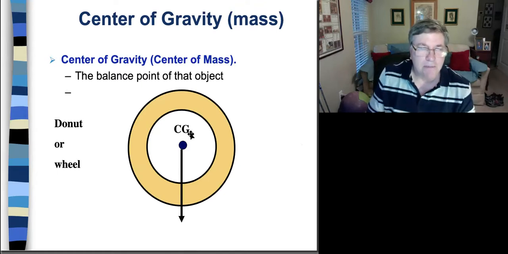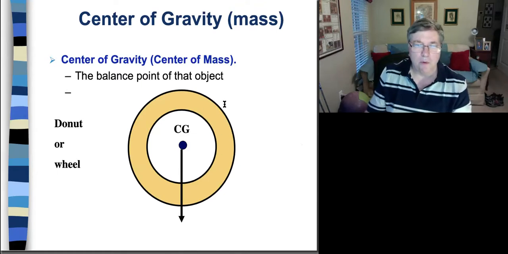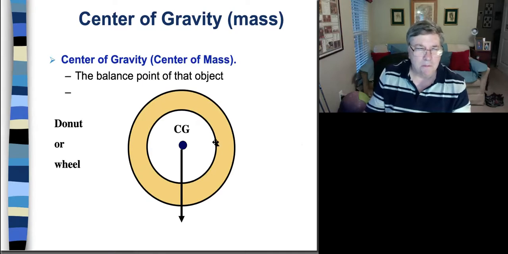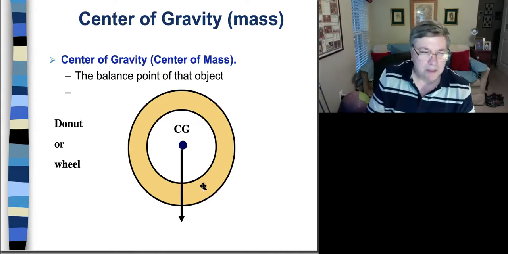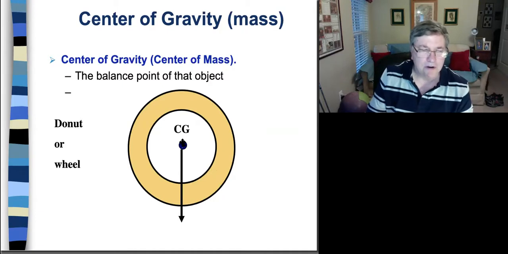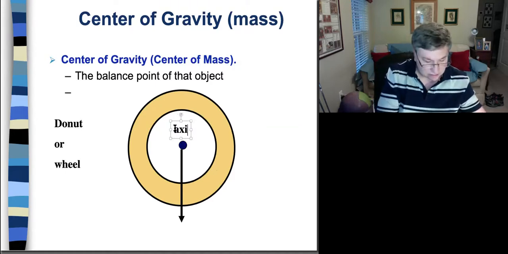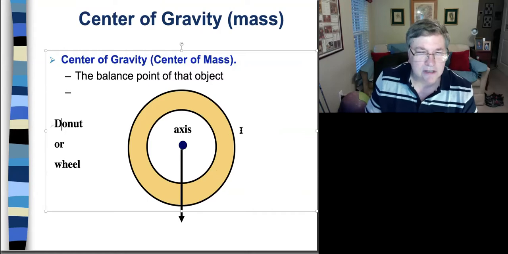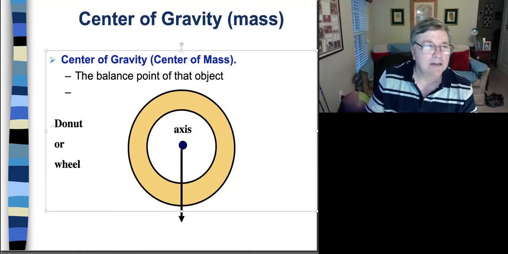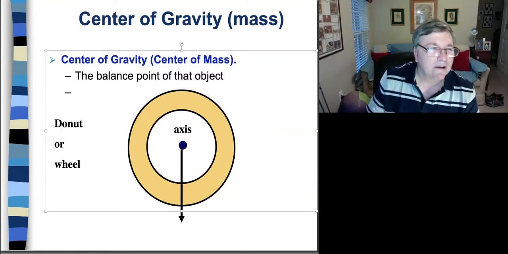So for example, if you think about a donut or a wheel, most of the mass is away from the middle, which is the center of gravity. So this mass is distributed far away from this axis of rotation. In fact, I'm just going to call this an axis right here. The axis of rotation, and most of the mass is actually